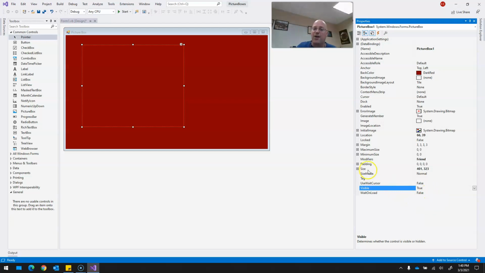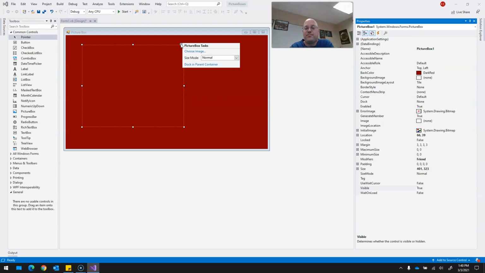I'm also now going to bring you up to the top left corner of the picture box. You see how there's a little arrow right above my cursor, right there. It's like a little arrow pointing to the right. If you click this, some of the tools that you're going to use have little shortcuts. The two most important properties of your picture box are going to be the image and then also the size